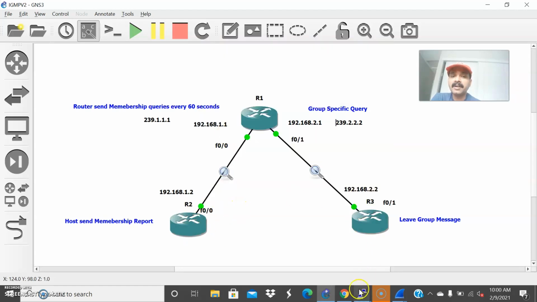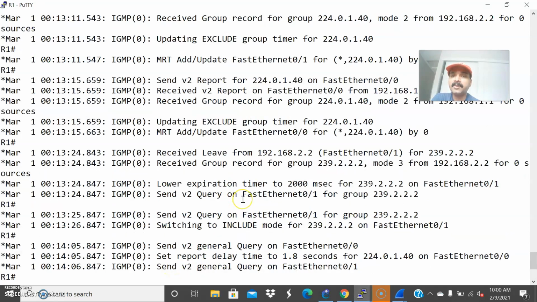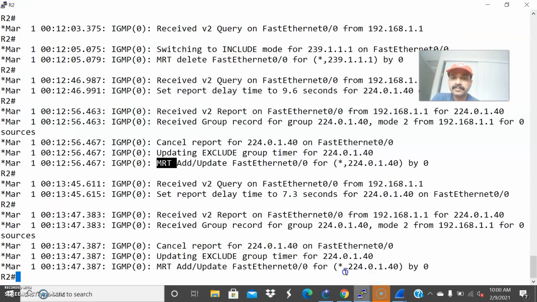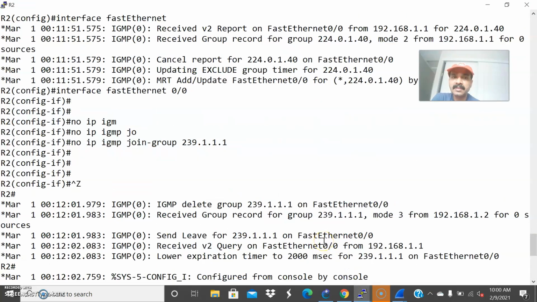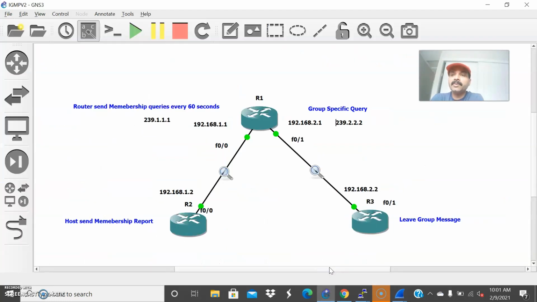Additionally, you can see the MRT. MRT is the maximum response time for the host to respond to the query. That is the reason we call it MRT. I think I have already covered this, so only these are the points you have to keep in mind for IGMP version 2.